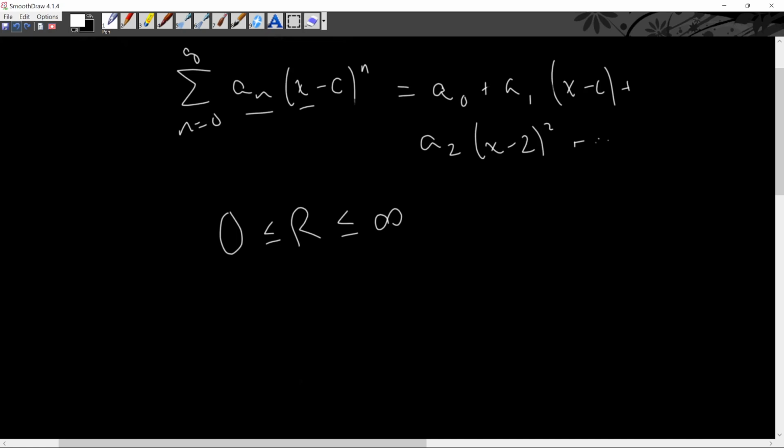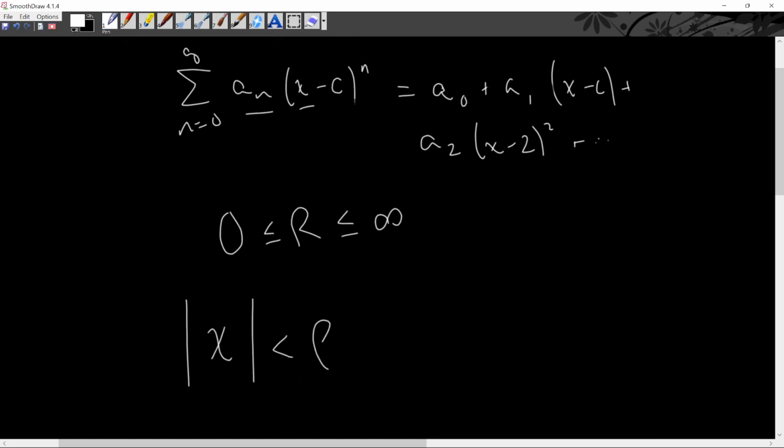Every subsequent term of a sub n is decreasing, then if x minus c is constant, the actual convergence, like the radius of convergence, depends on what values a sub n is. So again, radius depends on the coefficient a sub n, and the power series will converge if the absolute value